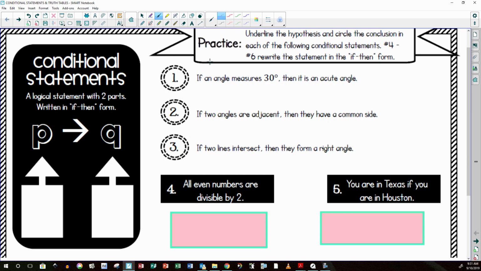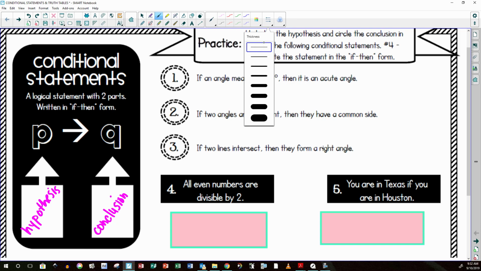So this part, we're going to underline the hypothesis and circle the conclusion in these statements. The hypothesis is the P portion of your statement. So this is your hypothesis. And then the Q part is your conclusion. This is what comes after the then. So if a hypothesis, then a conclusion. All right, so what we're going to do is we're going to underline the hypothesis and we're going to